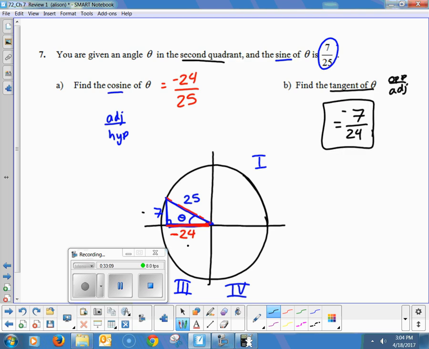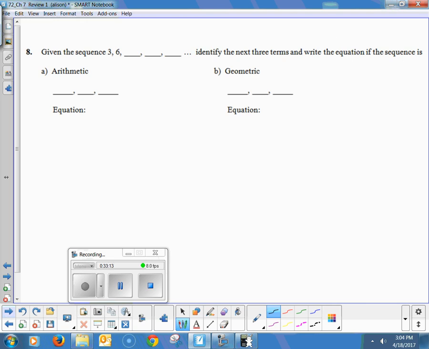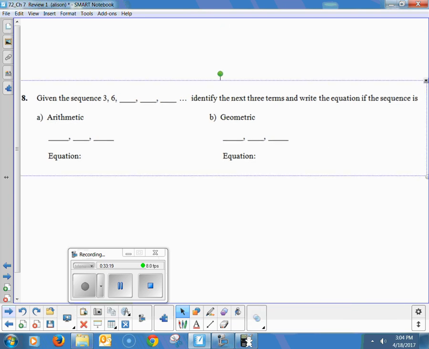And that's it. Moving on. Number 8 rather. Oh, fun. Given the sequence 3, 6, blank. Identify the next 3 terms